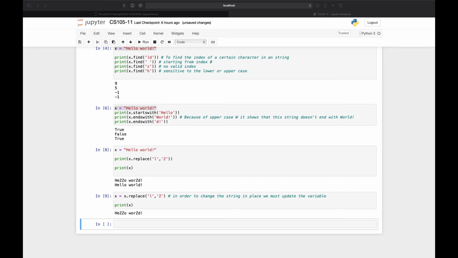So why is this happening? Because Python strings are immutable. So for this reason, when we are using replace, it will return a new string rather than modifying the previous string. Okay, so now we want to talk about